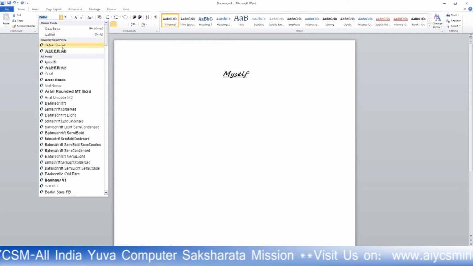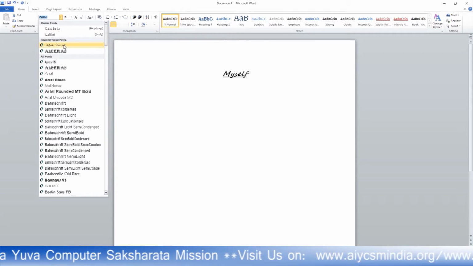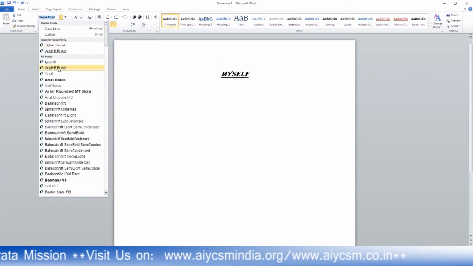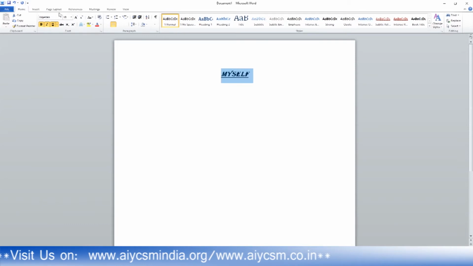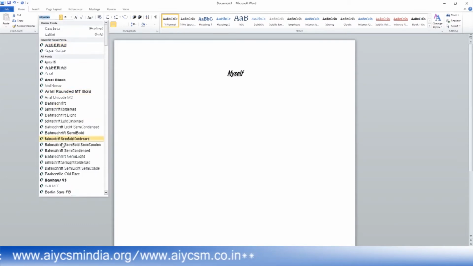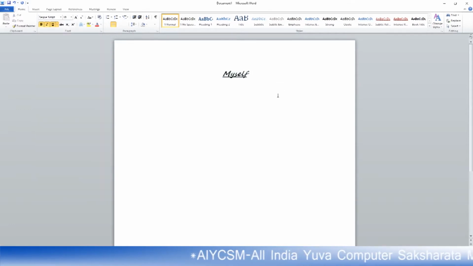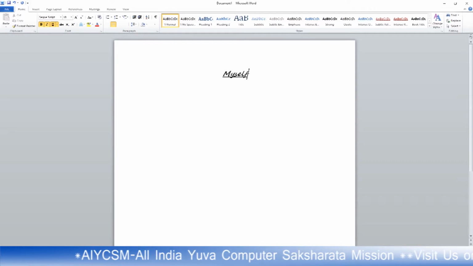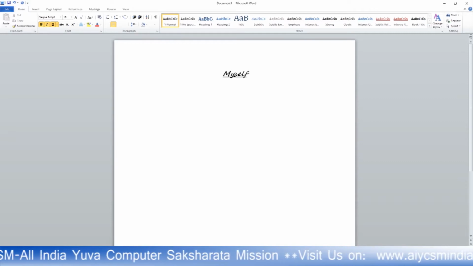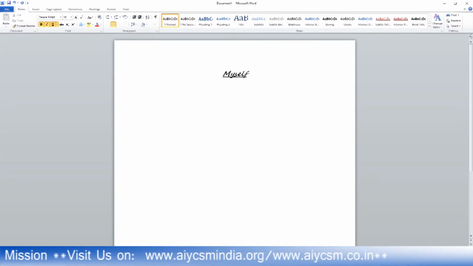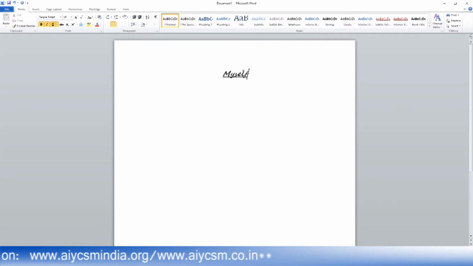Select it. I can change the style of the font. Actually, these are the different types of style. If I click on this one, the style has been changed. You can select other styles too. It will become the style like this one. You will see that when you scroll over every option, it will change its style. You can select any one of them, and the style will be changed. So we saw how to make your word bold, italic, underline. We saw how to increase the size and how to change the style of the font.